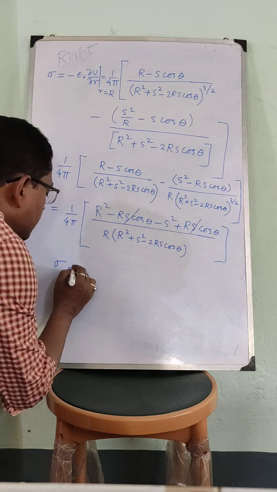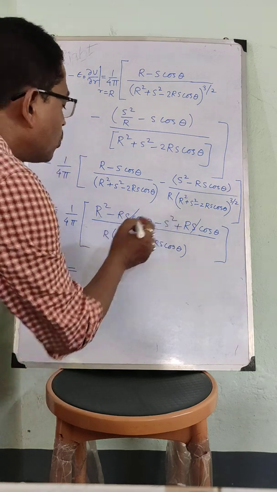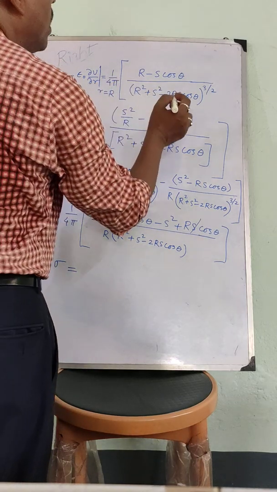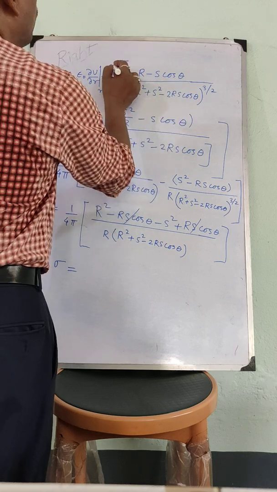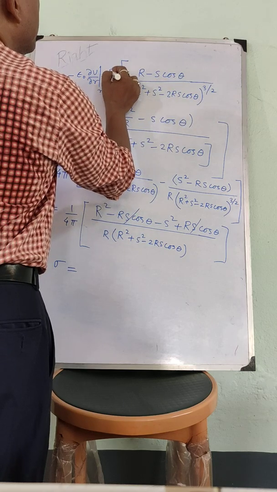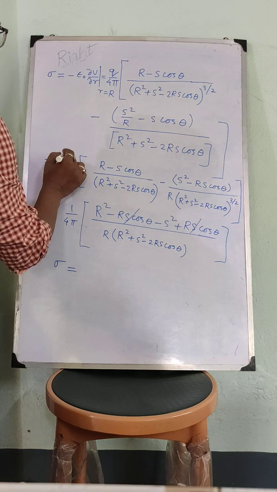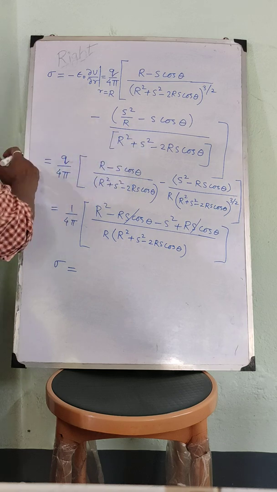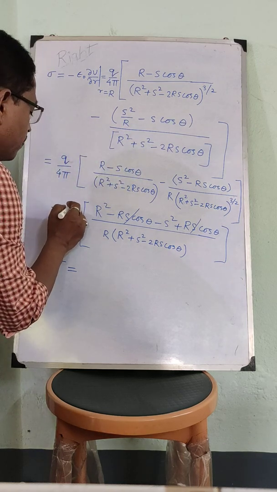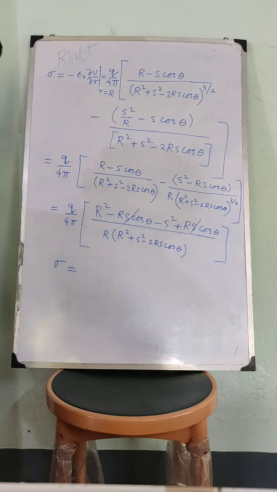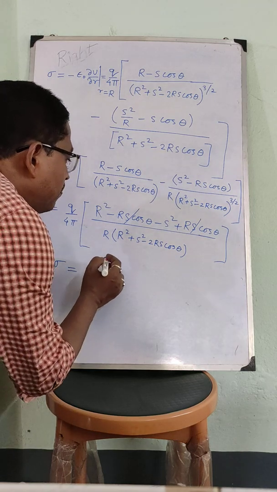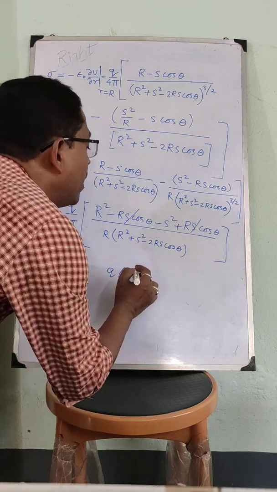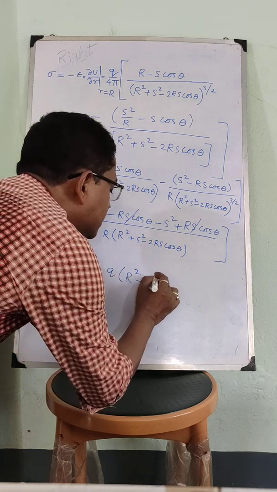So we have sigma is equal to r square minus, okay, so one q should be there. I have missed one q. See, q I can take common, so here I should have q. Here also q, that I have taken common, and outside the bracket I have taken q. So sigma is q into r square minus s square